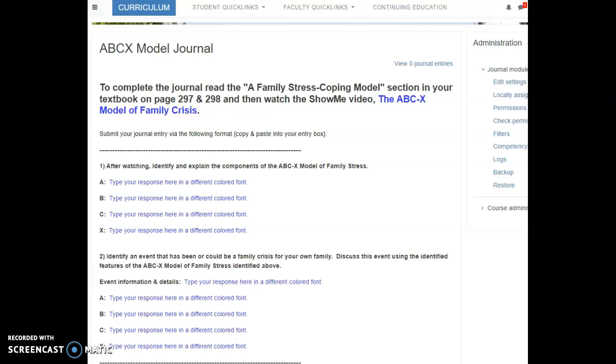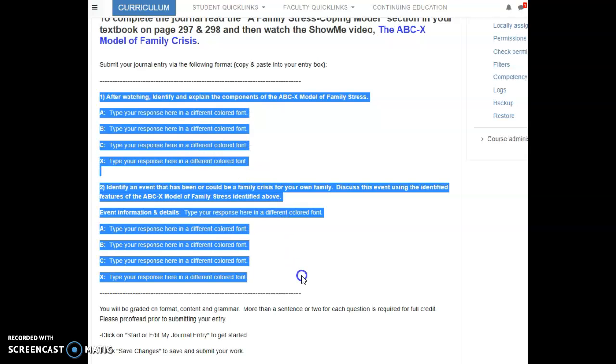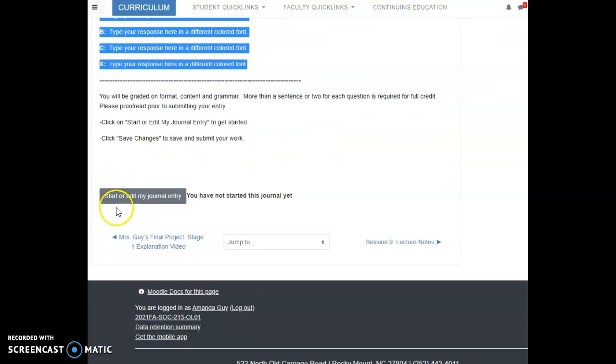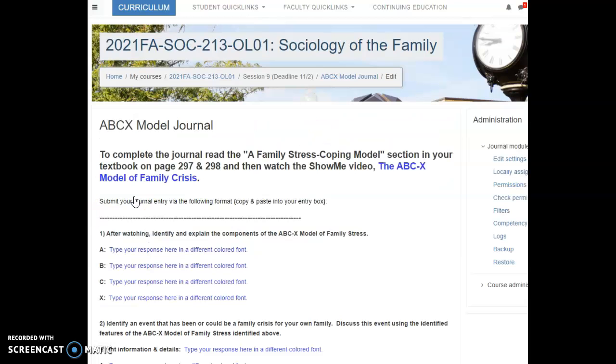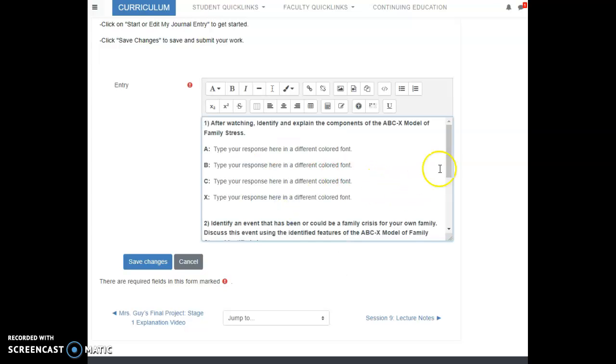When you have finished rereading that small section in the textbook and watching the video, you are going to copy and paste the information between the dotted lines of the journal entry. We're going to click Start or Edit My Journal Entry, and then you are going to paste into the entry box.